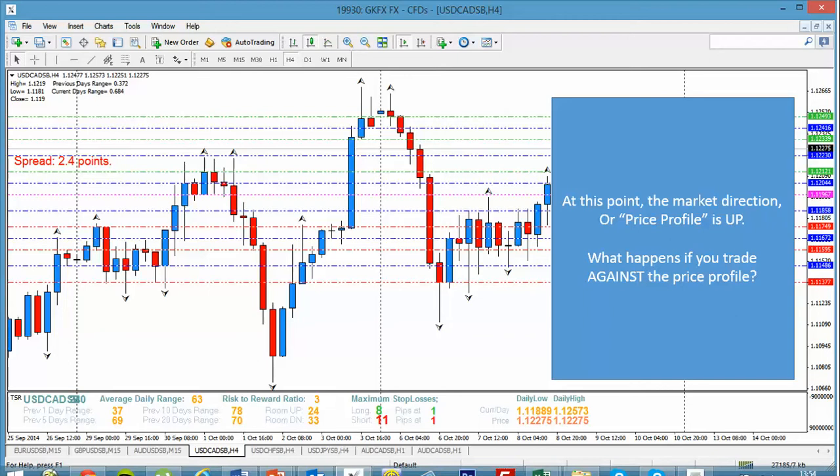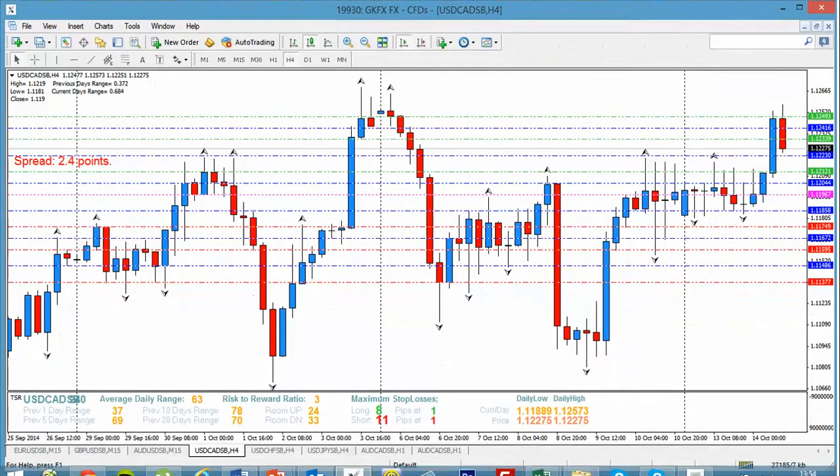Now, at the moment, and we're going to go over how to read this, the market direction or the price profile on the dollar Canadian at this point that we're showing you now is up. Very simple. So what happens if you trade against that price profile? And this goes for any strategy. Well, as you can see, price breaks below the price profile. So if you were to sell off here, the danger is, as you can see very quickly afterwards,